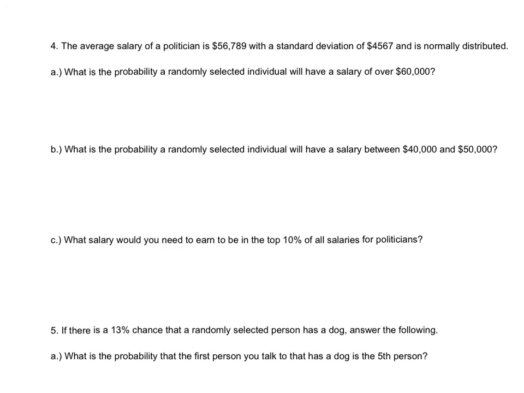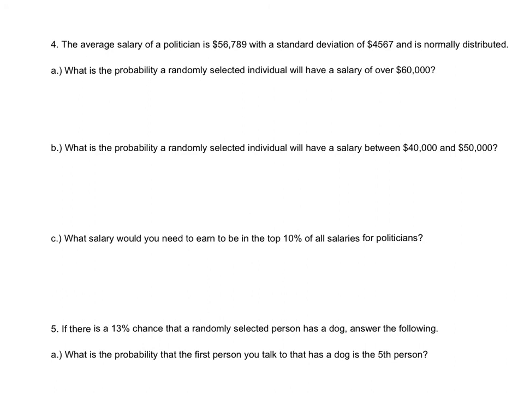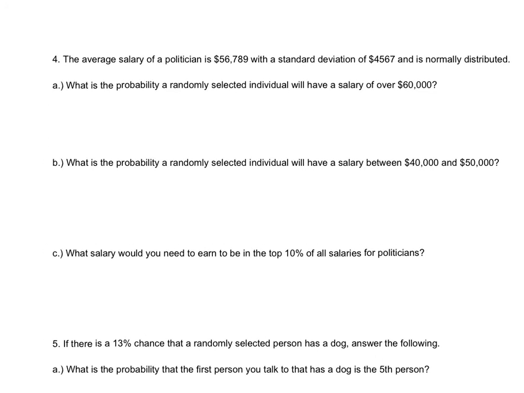Next, we're going to take a look at some z-scores. So these are the most basic z-scores. So we're going back to the very beginning in chapter 7 when we introduced the concept of the standard normal probabilities. So we want to know the probability a randomly selected individual will have a salary of over $60,000. So if we're looking at how to calculate a z-score on our formula sheet, z-score equals our value we want, so 60,000